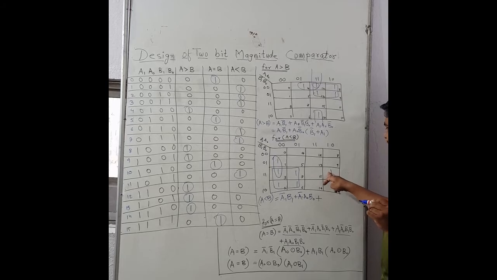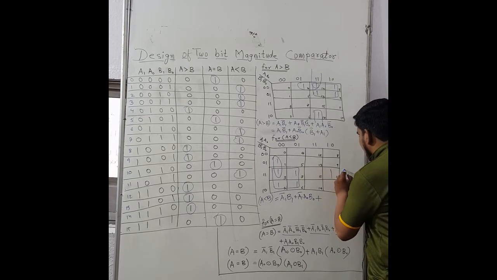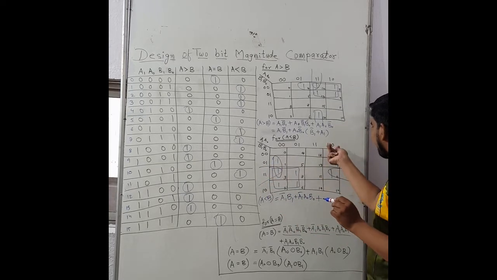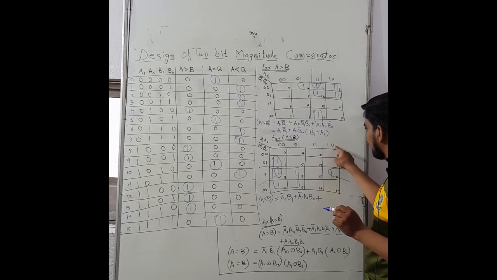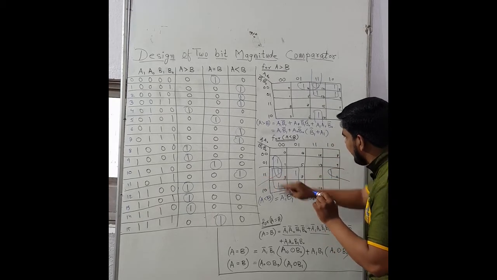Now the last min term is remaining here, cell number 11. So instead of making a single cell, we can fold the Karnaugh map. If we fold the Karnaugh map, this 1 0 will appear on this 0 0. So from the upper side we are getting A0 bar, and from this side it is B1 B0.